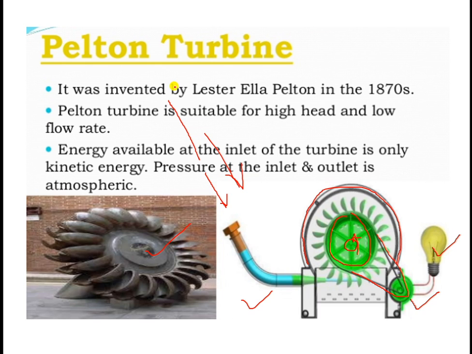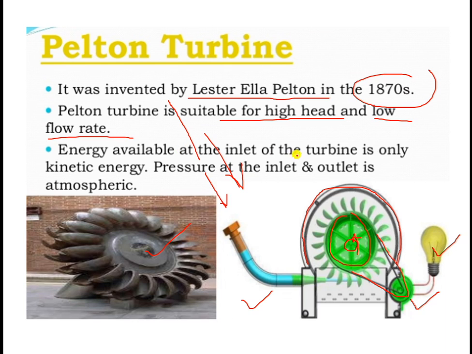Now, generally, the Pelton turbine is associated with the impingement of water on these buckets. So it requires high head, that is, the altitude of water present at some higher level, as compared to the Kaplan or Francis turbines. So this is the high head turbine, which was invented by Lester Allan Pelton in 1870. Okay, the Pelton turbine is suitable for high head and low flow rate. Flow rate should be low, but head should be high.